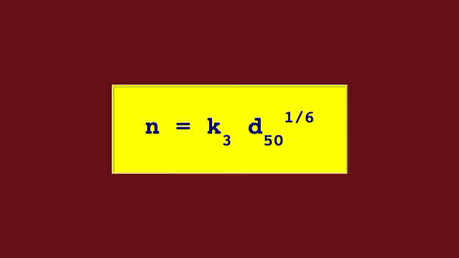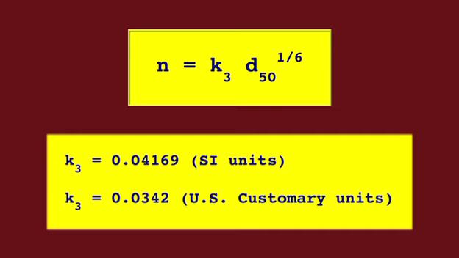The Strickler relation for Manning's n is K sub 3 is equal to 0.04169 in SI units with D50 in meters and 0.0342 in US customary units with D50 in feet. Assume that the mean particle diameter D50 is the representative particle size D sub s. Then